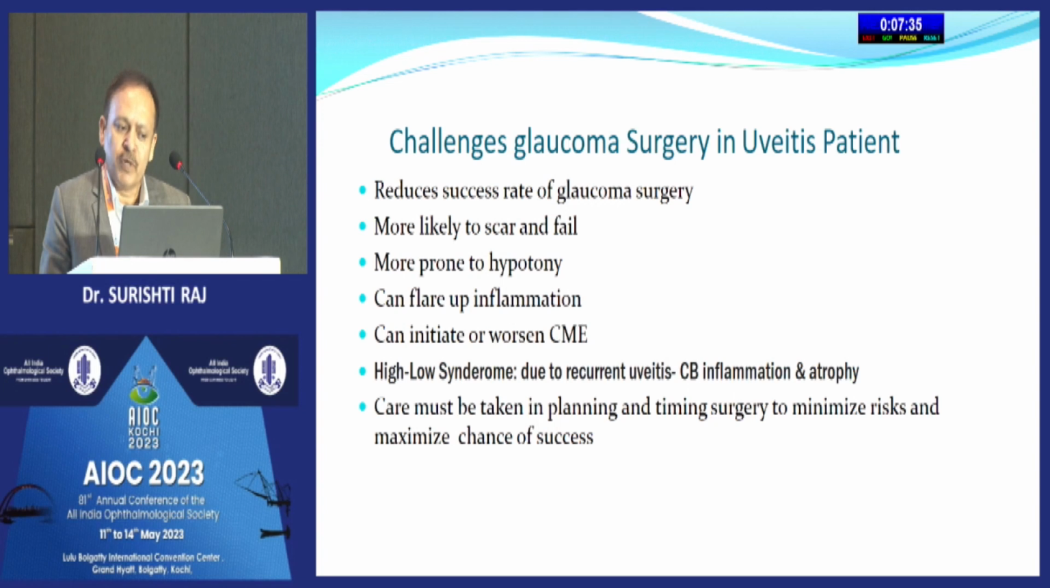Uveitis reduces the success rate of glaucoma surgery, it is more likely to scar and fail, and there is more chance of hypotony. It can flare up the inflammation, and it can also initiate or worsen cystoid macular edema, and high to low syndrome due to recurrent uveitis cycle. There can be ciliary body inflammation ultimately leading to atrophy. So care must be taken in planning and timing the surgery to minimize the risk and maximize the chances of